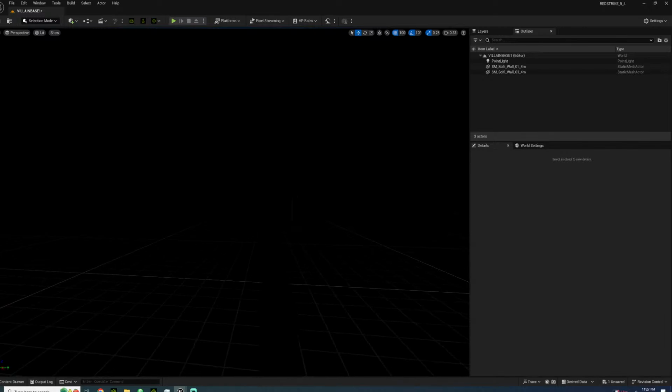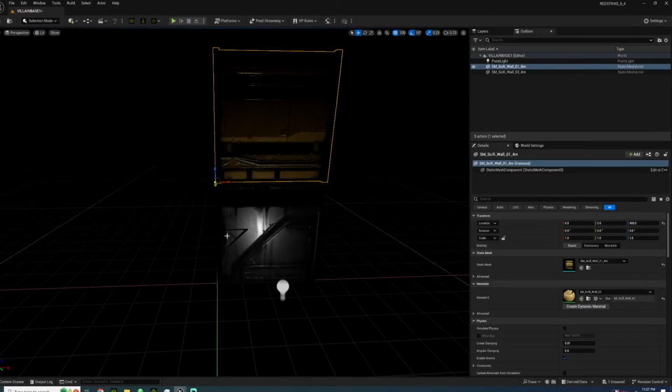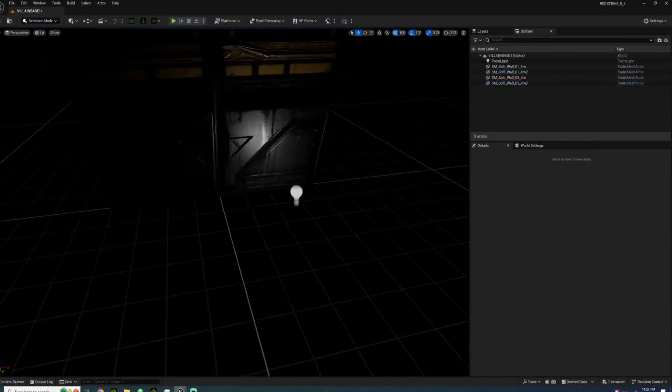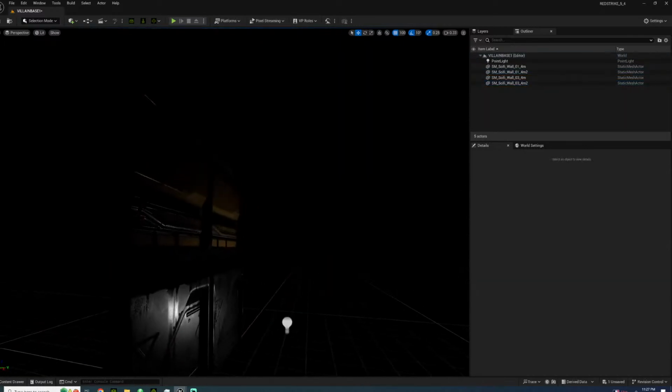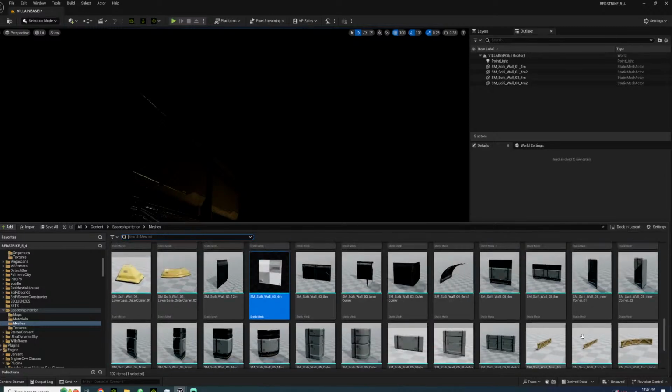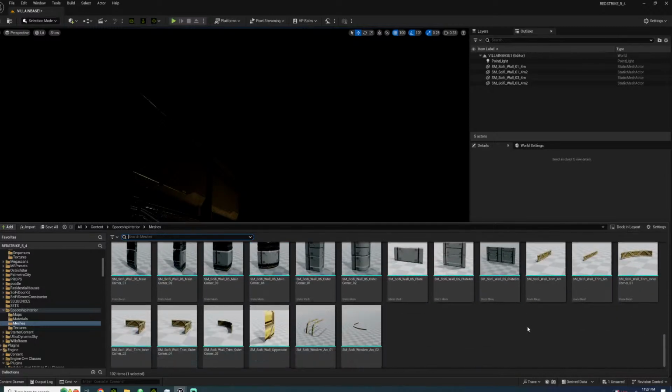And then we have like a ceiling. I don't know, I'm just kind of guessing. I'll come up with something later, but